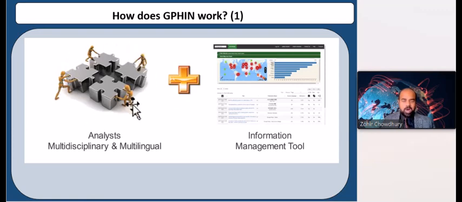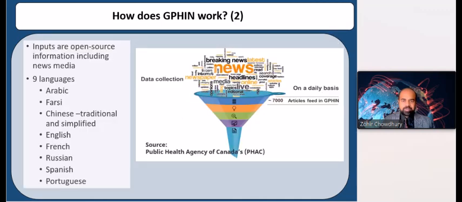They process all of this data that is gathered from all over the world from multiple languages, and they assess it and report it in the information tool, which we can use to understand what's going on around the globe. So how does GIFIN process all of this internet-based information that is available all over the world and in so many languages? So it looks at all of this news information under this data collection,